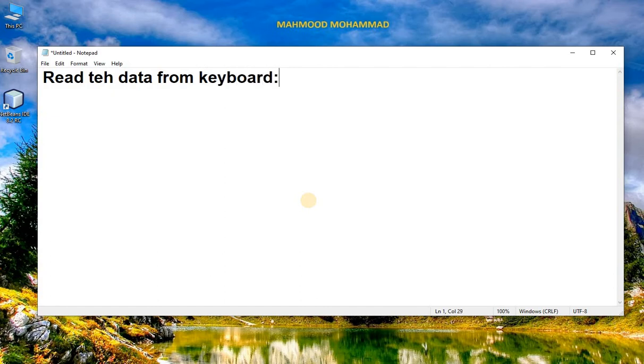So most of you who know about C programming, I hope you know how to read the data from keyboard. What we do, we use a scanf function there to read the data from keyboard. In scanf, you will be using the format specifiers and the variable addresses, from where you are going to read the data, I mean load the data. You see %d is a format specifier for your integer type of data, and var1 is the address of some variable. It will go there and it will save there.